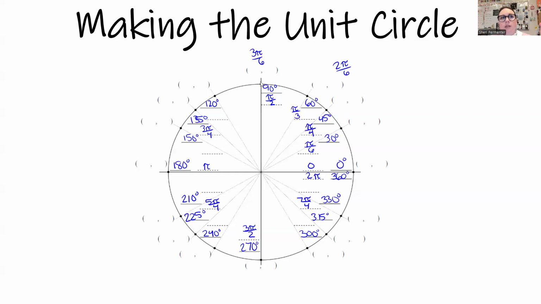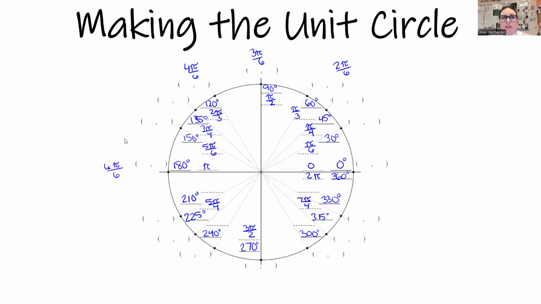So 3 pi over 6, 4 pi over 6, which will reduce to 2 pi over 3. So 5 pi over 6, 6